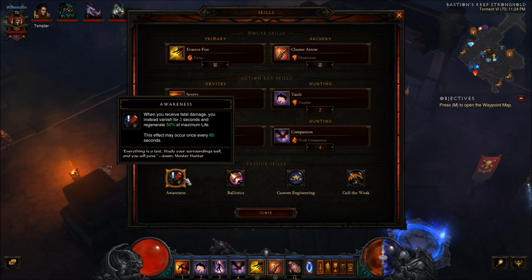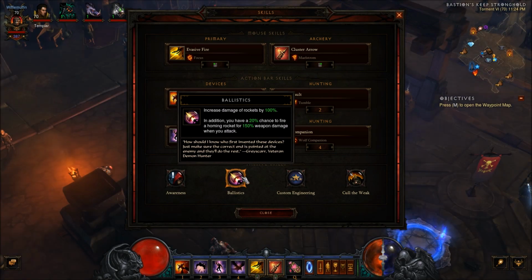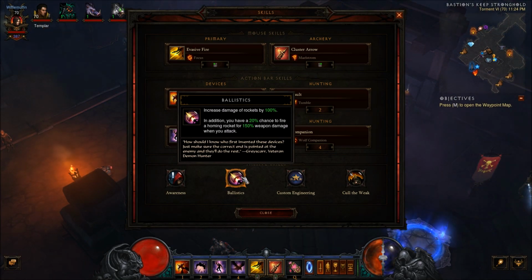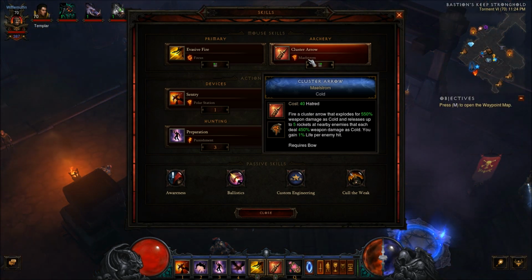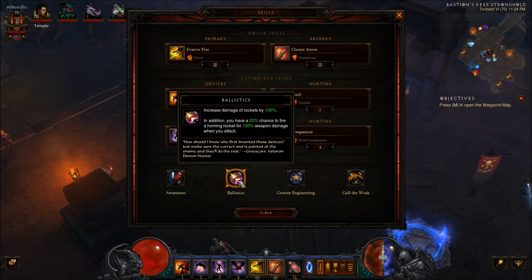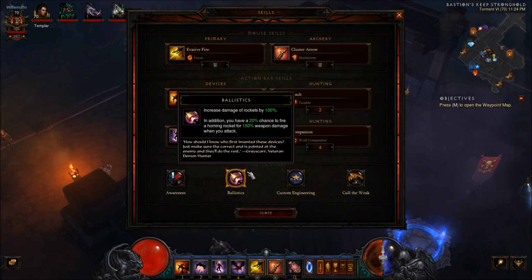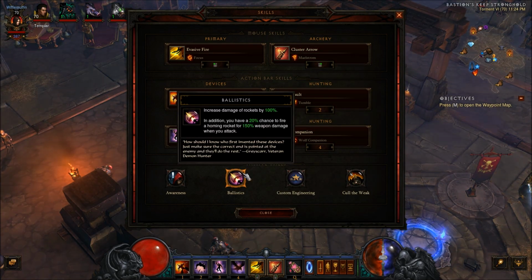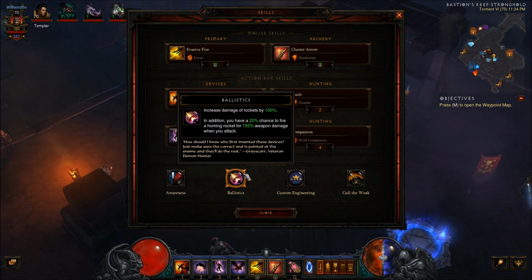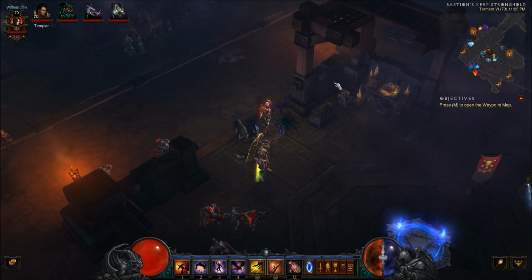And stuff does happen. Ballistics, increased damage of rockets. You have a 20% chance to fire a homing rocket. Obviously, this is for the rockets' damage, because Cluster Arrow fires 5 rockets. This stuff all just stacks and stacks. You get 450% weapon damage as cold for the rockets, plus 100% damage, plus with the Marauder set is plus 100% damage per turret, and you can have a total of 5 turrets out, which is kind of insane, because this allows you to have 2, and then